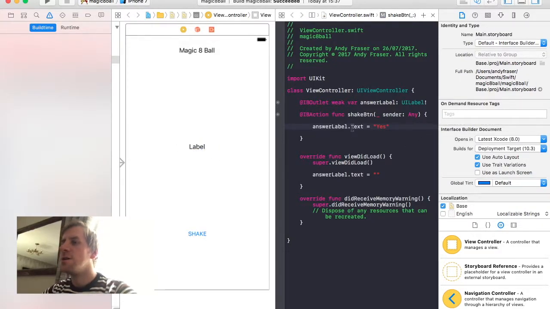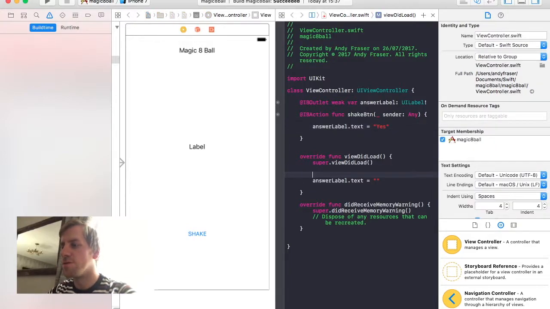We don't want that. So the first thing I wanted to talk about today is variables and constants. Variables and constants you'll use all the time. It's a way of storing data, either permanently or temporarily, in an application. So if we just have a look in the viewDidLoad function,